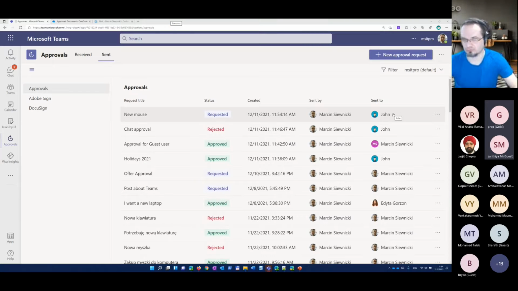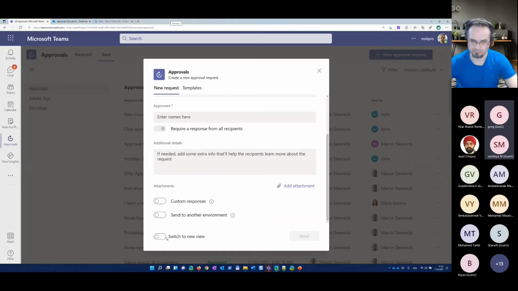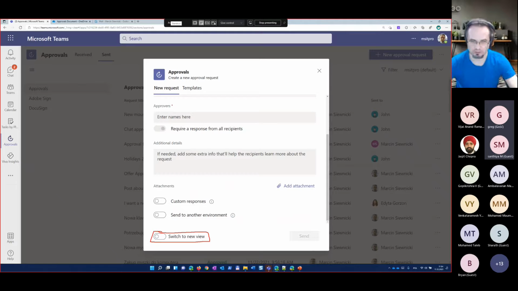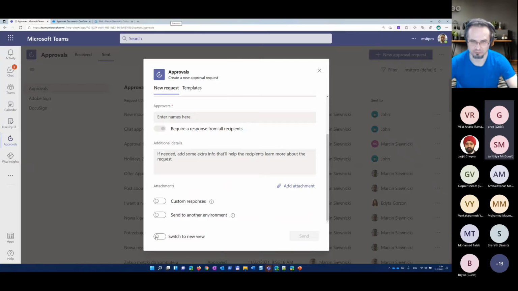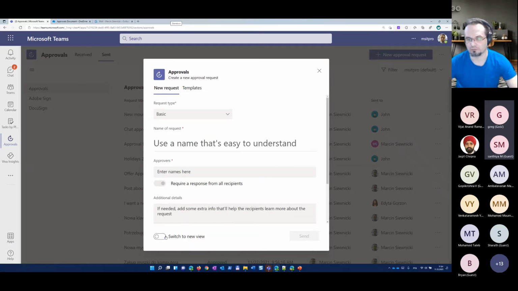So it's sent to John because I couldn't change that one. It works as expected. And if I click the new button again, there's this switch to new view. This is the option. It's a brand new option. I think that it's rolled out to everyone, but I hope that if you switch to this new view, yeah, so it's new view, classic view,